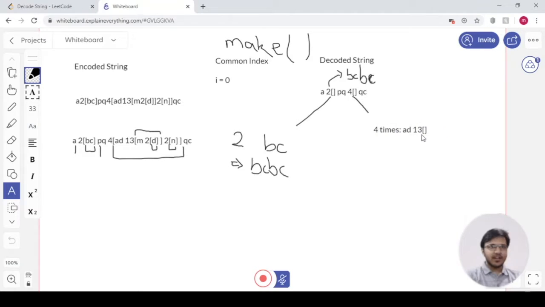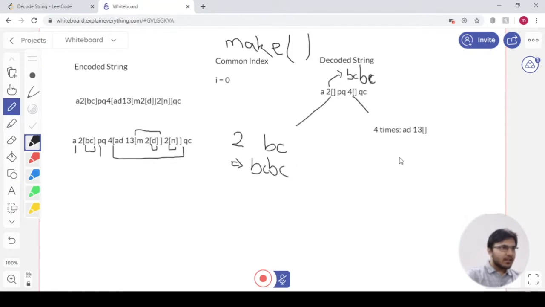Now about this 13 square bracket, we will again use make on this. That's what recursion is. Basically it's a function calling itself. So we'll be going inside and inside the string till we reach this last square bracket inside the square brackets. So this 13 here will again call the make function, and then we will see 13. So it will again result in this here